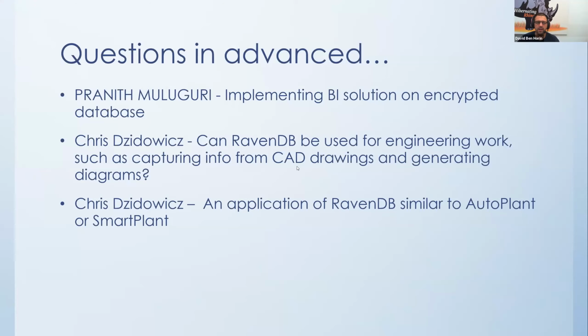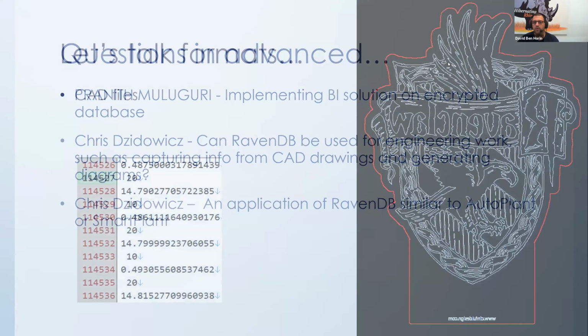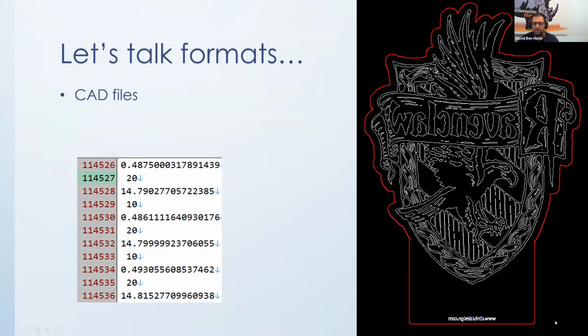CAD is typically computer-aided design and drawing for houses, or also, well, this is a CAD thingy. If you can see, this is the inverse of Ravenclaw. This is what the actual data looks like. What does that mean? I mean, that creates some sort of an image, presumably. But what do you do with that inside of RavenDB? And the answer is that probably nothing much. This is not data in the conventional sense. I can't ask you, oh, give me all of the drawings that have